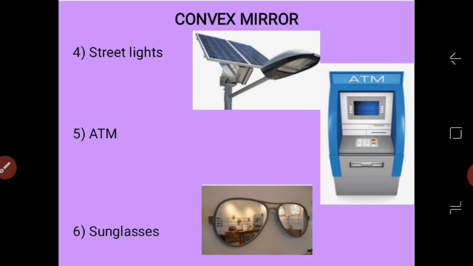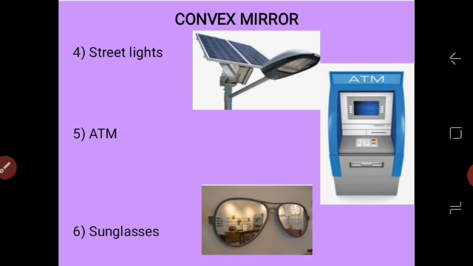ATMs are also fitted with a small convex mirror at the center front part. This is put so that the person using the ATM machine can check who is standing at his back and keep a check on the person's activity. While entering the password and the code, which are supposed to be confidential, one should make sure that the person standing at the back is not observing us. So a convex mirror helps the person using the ATM machine in keeping a check.